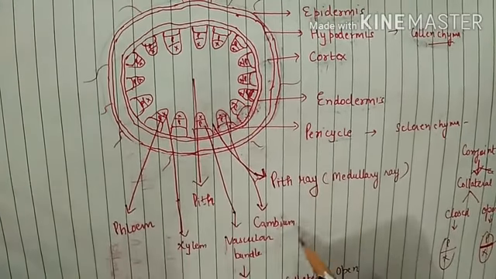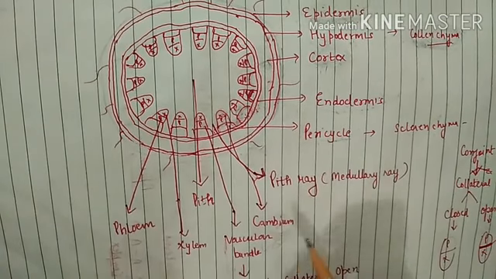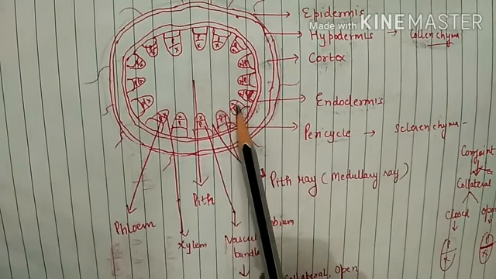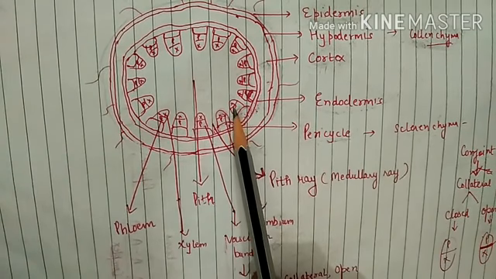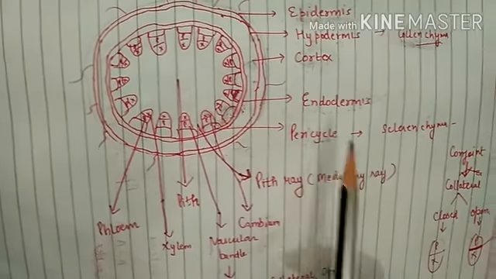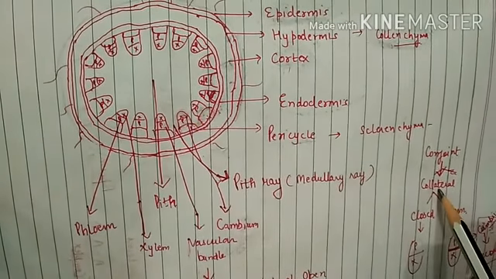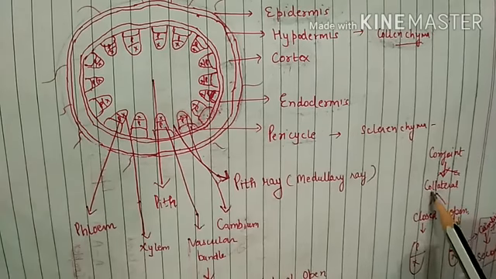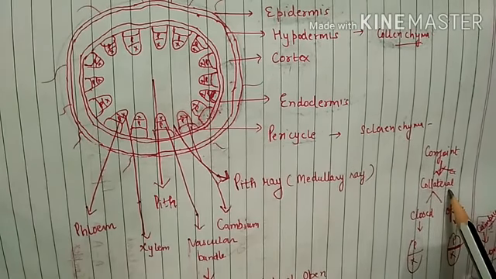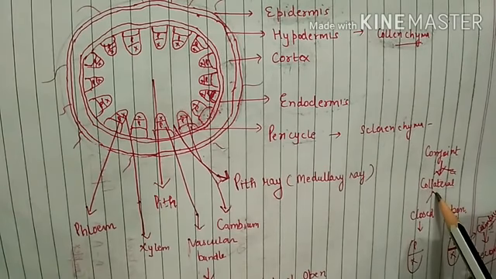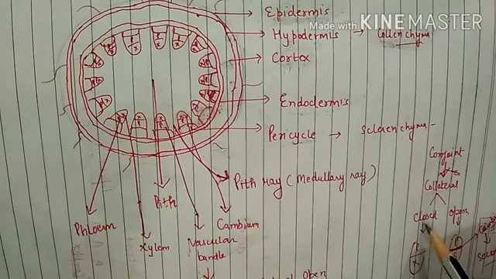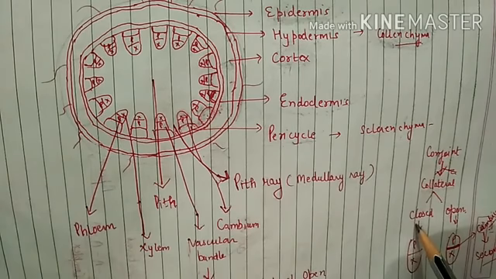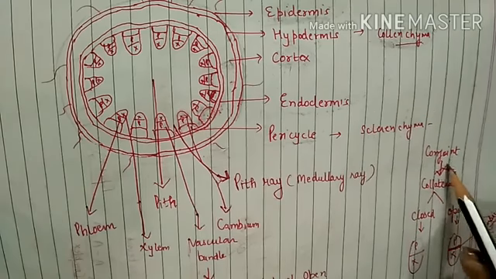It consists of xylem and phloem. First thing, this xylem and phloem are present on the same radius, and this condition is known as conjoint arrangement. And this conjoint arrangement of vascular bundles is again divided into two types, collateral and bicollateral. So you need to focus first of all only on collateral. This collateral subdivision of conjoint is again divided into two types, that is closed conjoint collateral type and open conjoint collateral type.